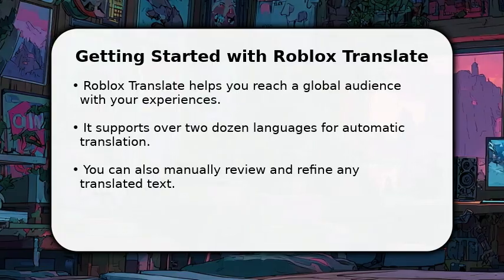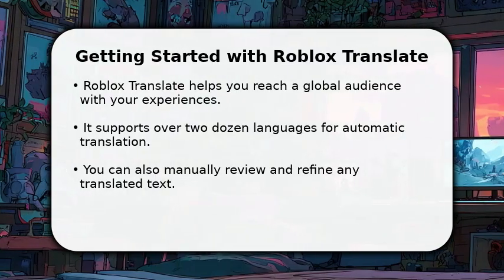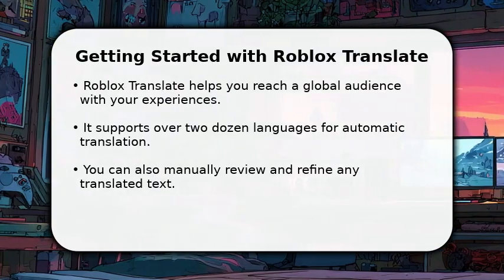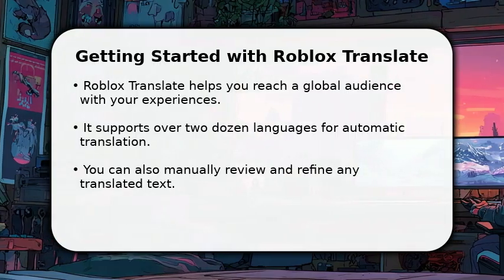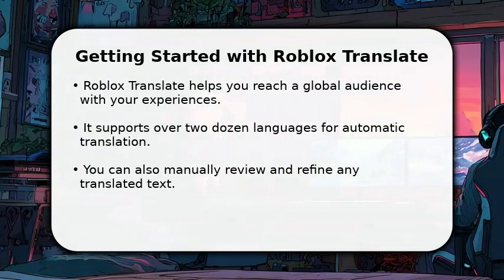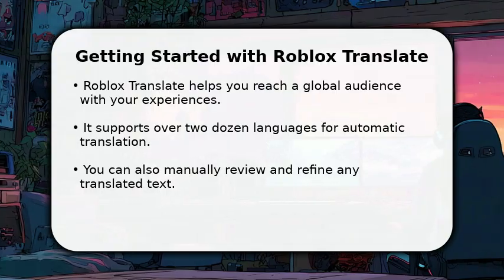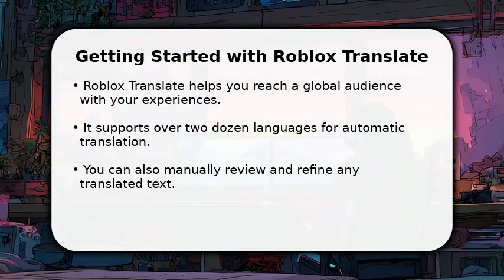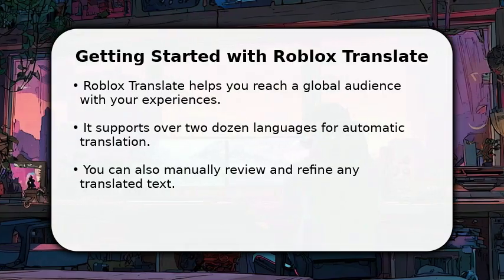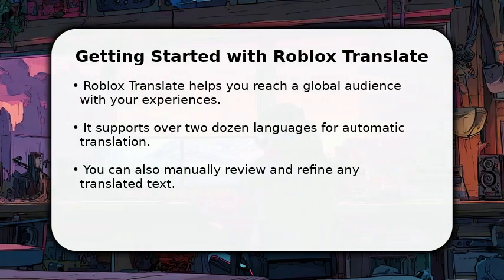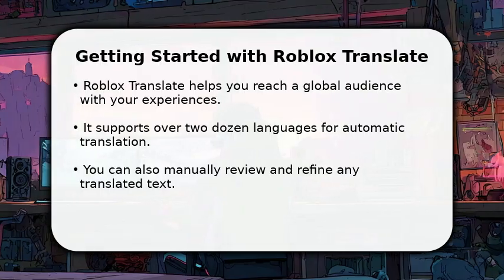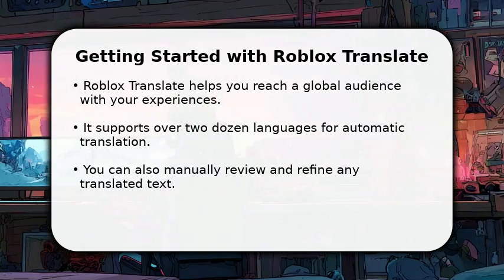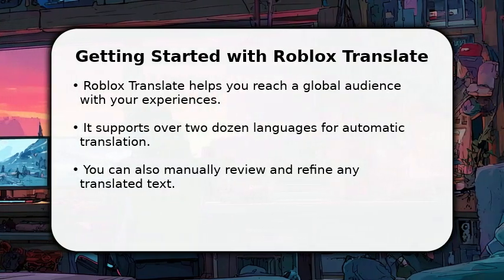In this video, I will explain how to use Roblox Translate for a full guide. This powerful feature allows your creations to reach millions of players worldwide, expanding your reach significantly. Roblox can automatically translate your game's text into more than 24 different languages. You also have the flexibility to fine-tune these translations for perfect accuracy, ensuring your message resonates with every player, no